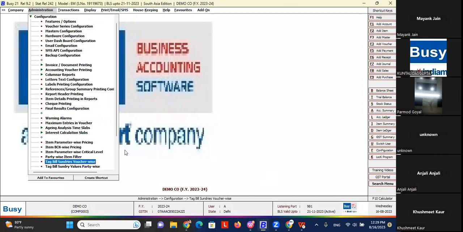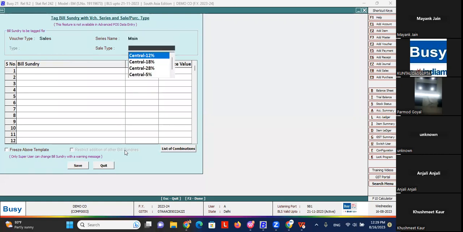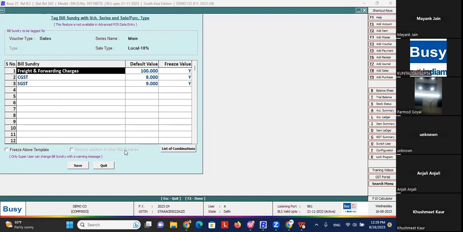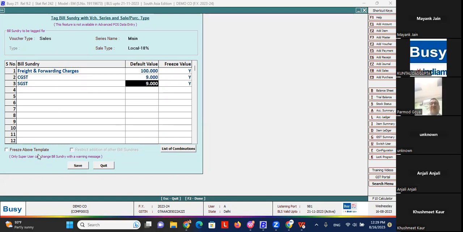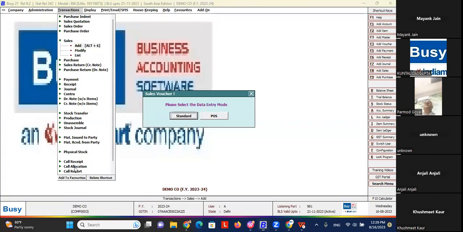Here you will find an option, tag bill sundries, on the basis of voucher wise and on the basis of party wise. If you click tag bill sundries voucher wise, then you select the voucher type. Let's say I select the voucher type as sale, and I select the series on which I want to fix the bill sundries, for example local 18%. For local 18%, I'm setting my bill sundries for freight. First freight will come with 100 rupees, and then my CGST 9% and SGST 9% will come. If I freeze this, then it will not allow me to change the bill sundries in my transactions also. So I save it. Now if I go to sale entry,